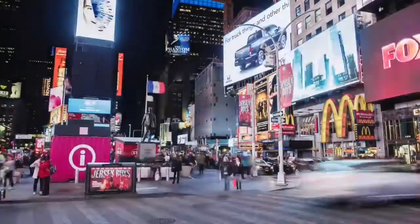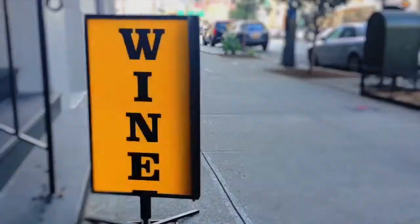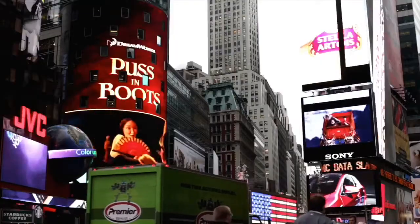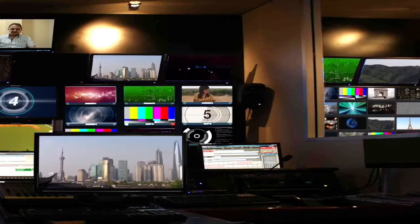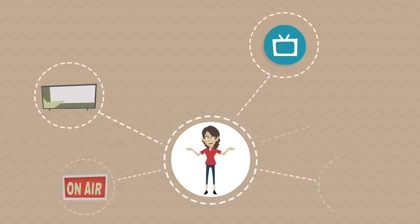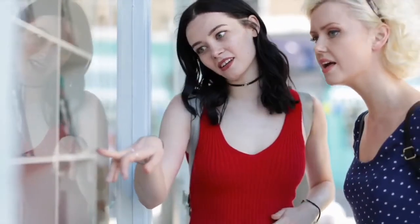With competition increasing in the world of small business, owners understand the importance of advertising and getting their brand and product in front of more people than ever before. But the fact is, traditional advertising costs are large and the market has changed. Long gone are the days of legacy-based advertising that worked effectively for small business owners over the past century. Televisions, billboards, radio, and pamphlets could be appealing, but they lack the impulse drive to make people want to try